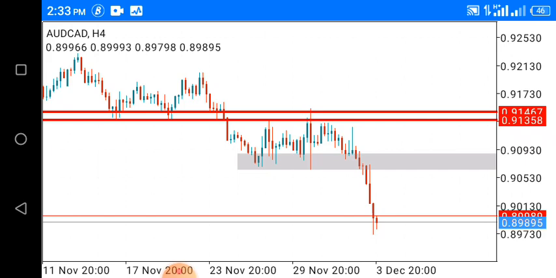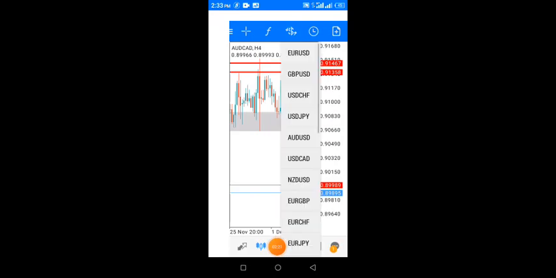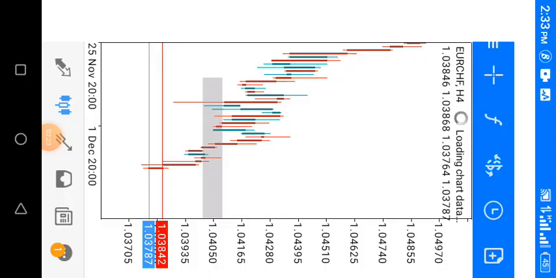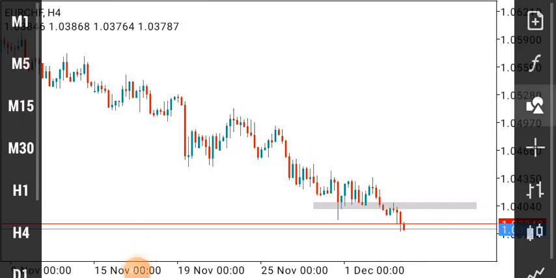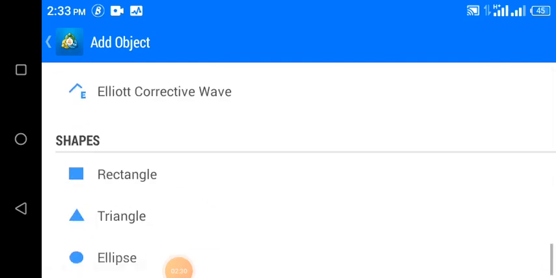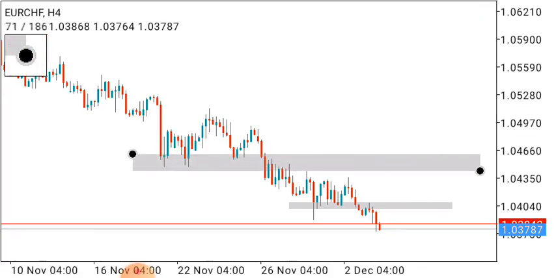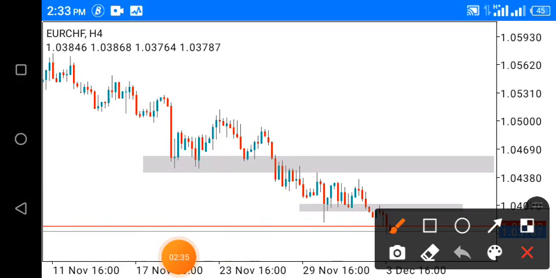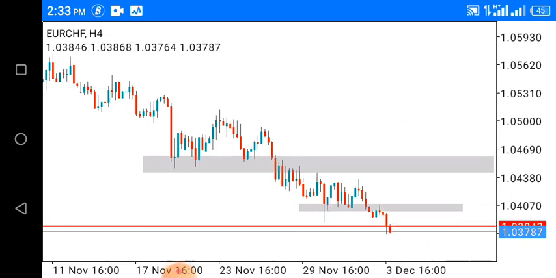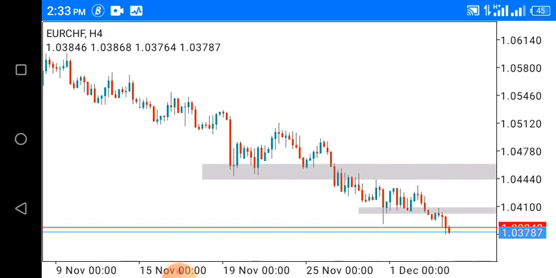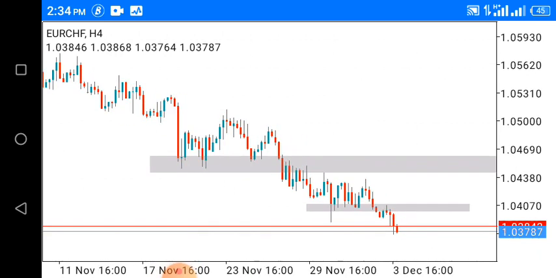Another pair that I did was on Euro CHF. The same thing, the market was right at this point, this area. I was looking for price to break through it, and then retest so that we can move down, and you see that is exactly what happened today, guys. So the two analyses that I posted last week played out very well, and I bagged some profits. It was really a nice week.